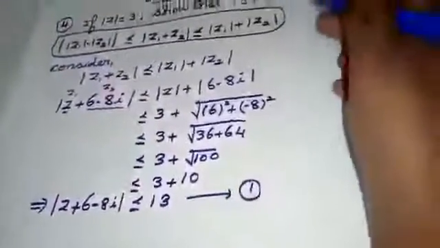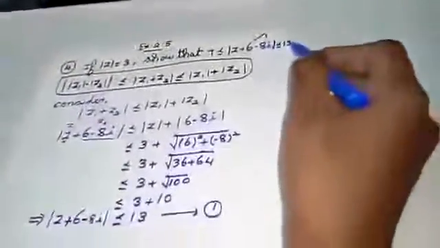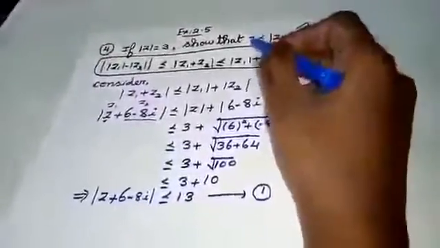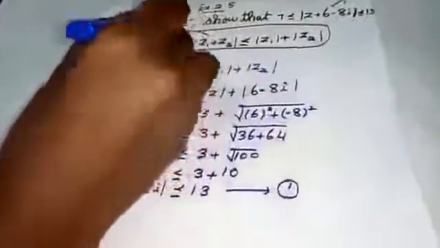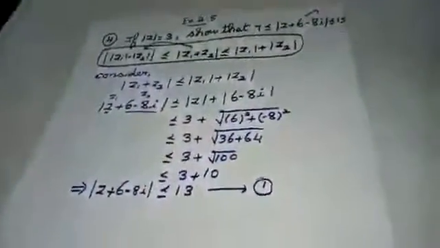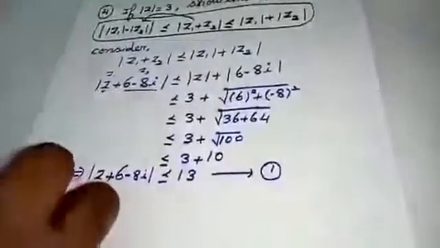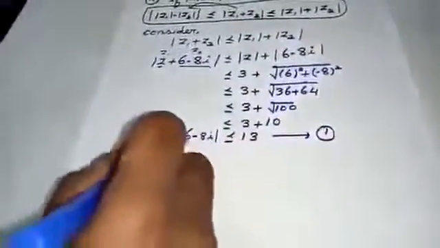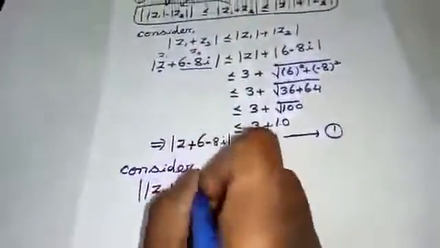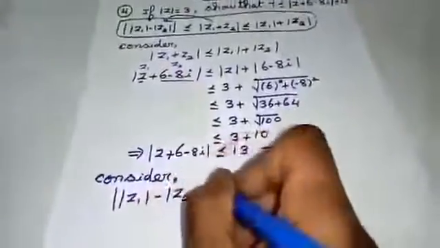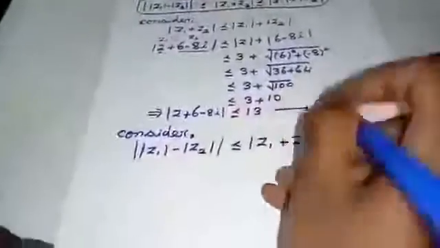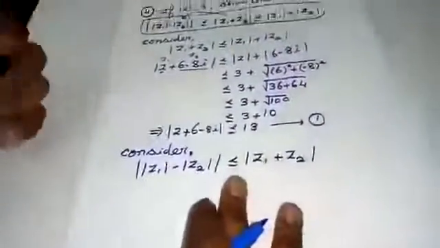I am just getting my right hand side part. I am getting the value as 13, which is the required answer in the given question. Left hand side I should bring the answer as 7. What I am going to do is I am going to take this part of the formula. Just see here how I am going to take it. Consider modulus of z1 minus modulus of z2 is less than or equal to modulus of z1 plus modulus of z2. I am going to keep it as it is and I am going to do the calculation.